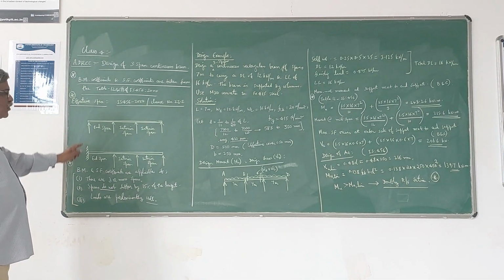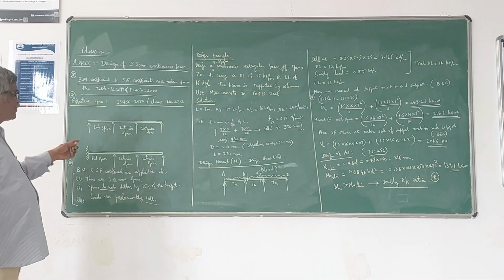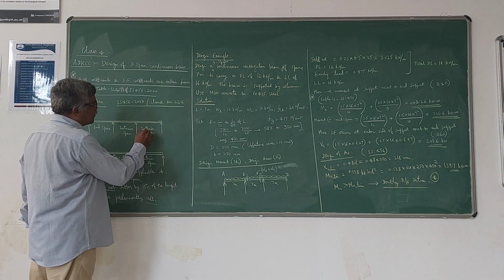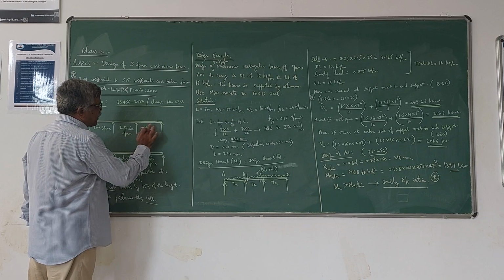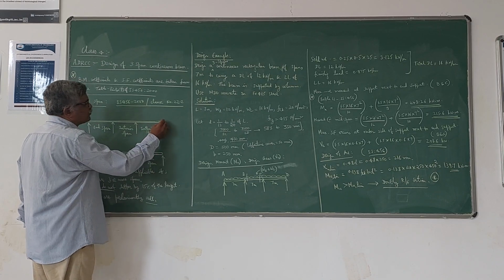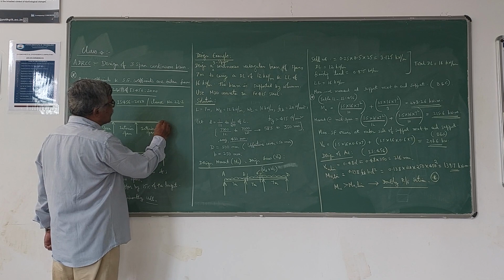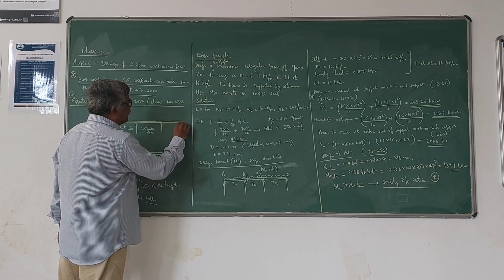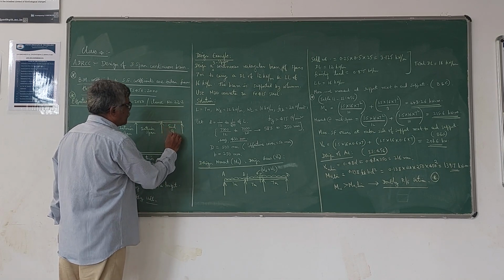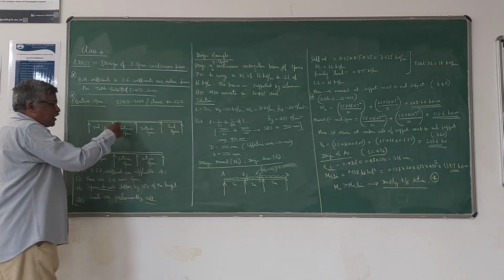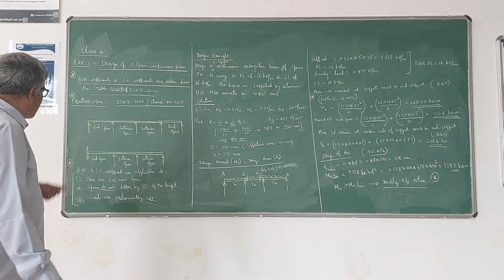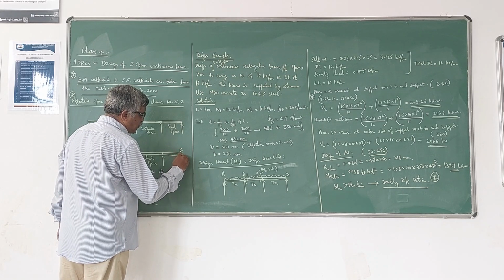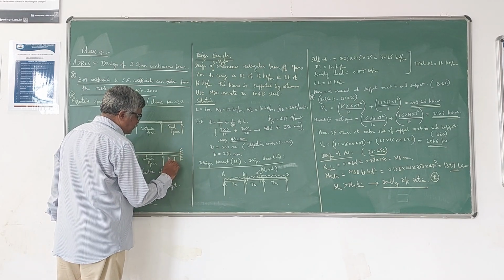Now I have given two examples here for a three-span continuous beam. The outer span is called the end span, and of course this is also an end span. In this case, suppose it goes beyond this, something like this, then this becomes the end span. So these two are end spans, and the middle two are called the interior spans. Here also the end may be fixed, so a fixed support it can have. In this case also it will be like this.